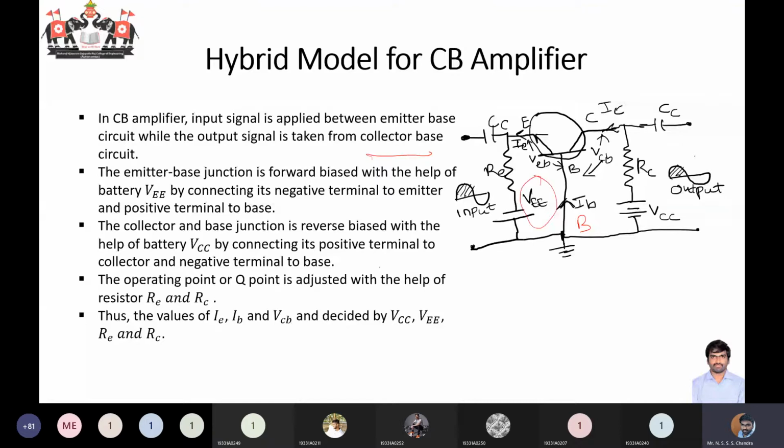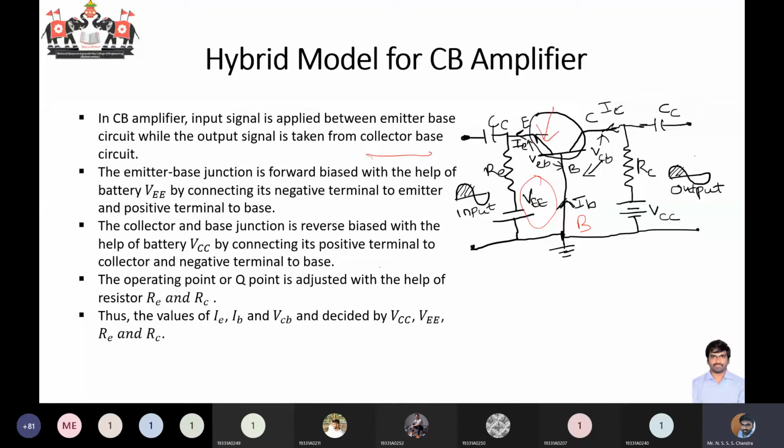So here we are considering what type of transistor is this in the diagram? Please respond. What type of transistor are you seeing in this diagram? Whether it's an NPN transistor or a PNP. NPN, sir. NPN. How are you telling that it is NPN? You should tell based upon this arrow mark.